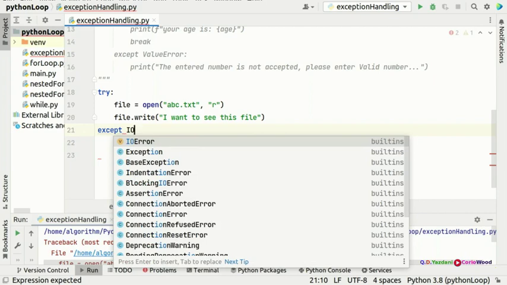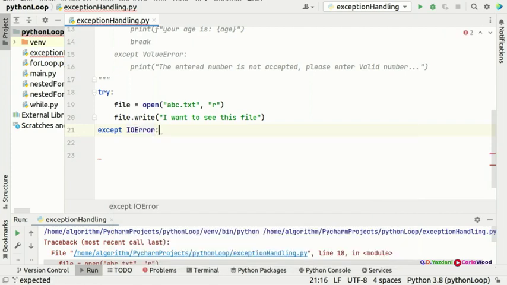If you look in here, that's a very good example. Exception, base exception, indentation error. So you're going to see here that the base exception and exception IOError are part of the exception handling. So if you put an IOError, and now we're going to say print,